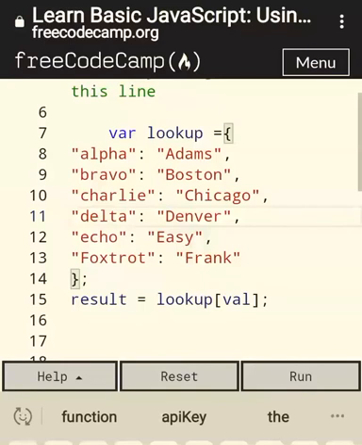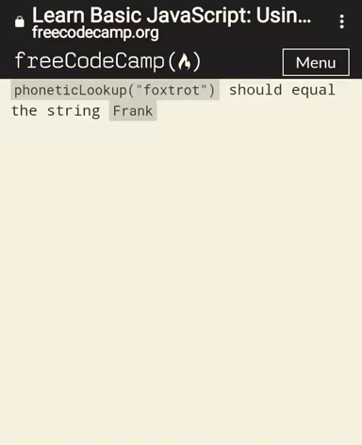Should be fine, run it. Is there any more error message? Look for error message. Okay, phonetic Foxtrot should equal the string.